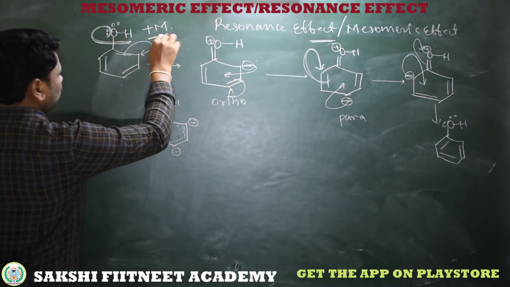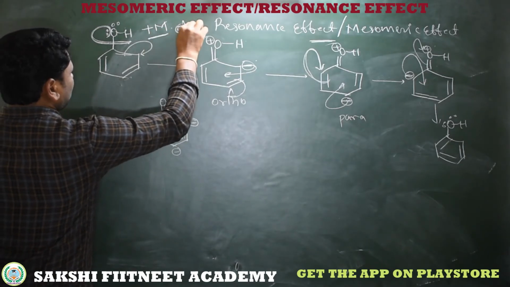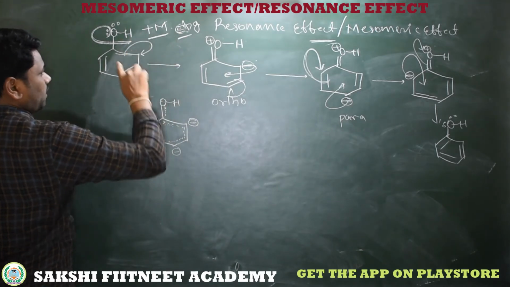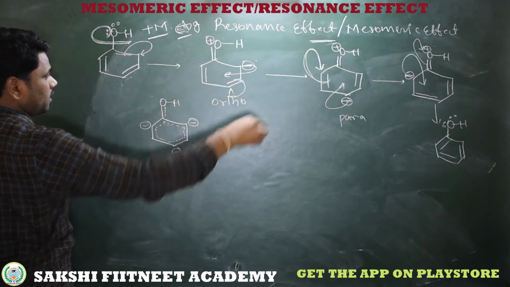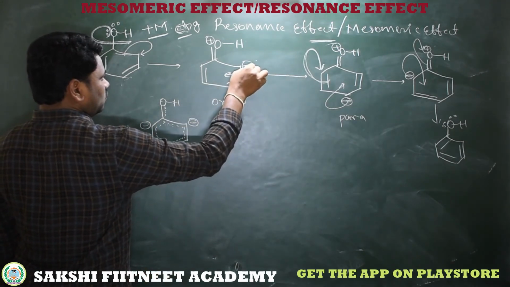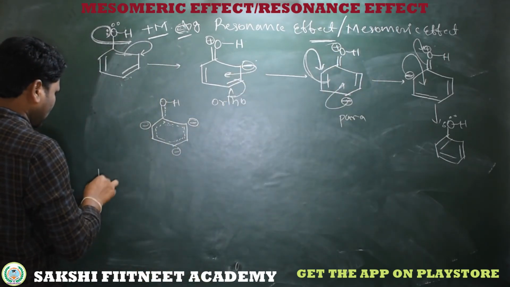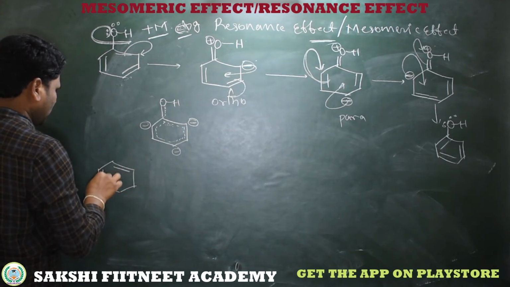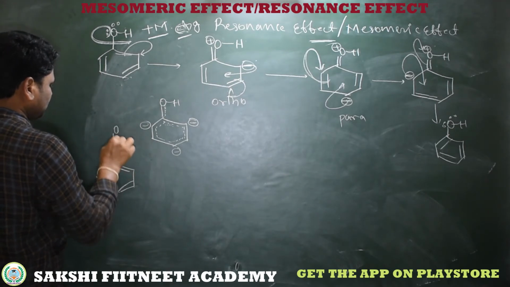So here, what about this group? It's a plus M group, an electron donating group showing a positive mesomeric effect. On positive mesomeric effect we are getting these resonating structures. In these resonating structures in a ring we are getting negative charge at ortho, para and ortho. Now here I am taking an example for a minus M effect on benzene. Here I am simply taking a carbonyl carbon.